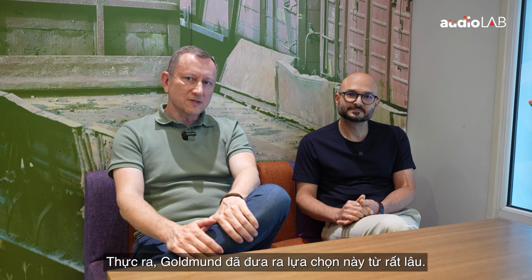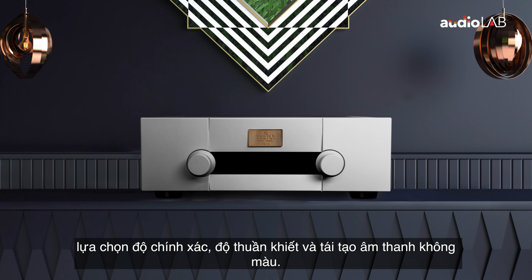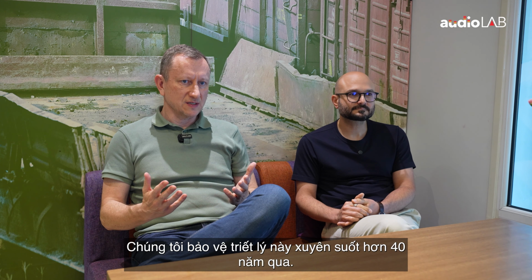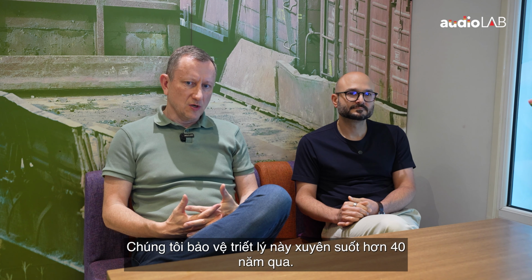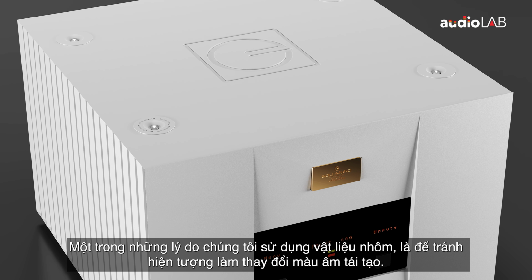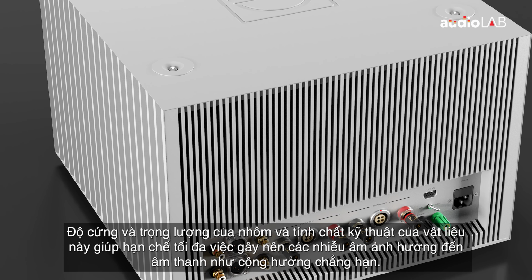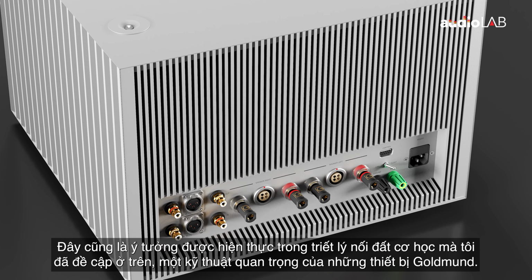Actually, Goldmund made a choice a long time ago to choose accuracy, transparency, neutrality. So coloration is not what we follow. It's a way of doing things, and we defend this idea, and we've been defending it now for more than 40 years. One of the reasons that we use aluminium, for example, is to avoid coloration in the sound. The hardness and the weight of the mechanical aluminium avoid passing any coloration into the sound. It's one of the reasons, and